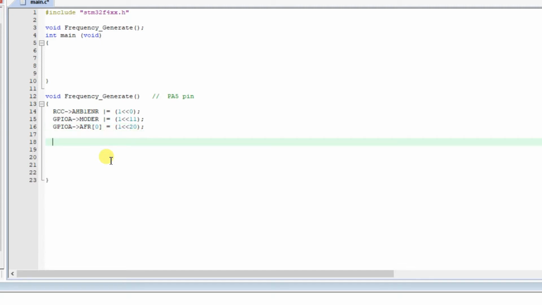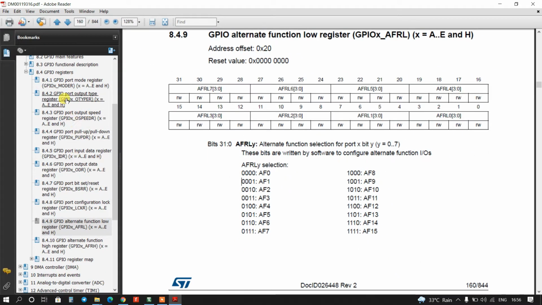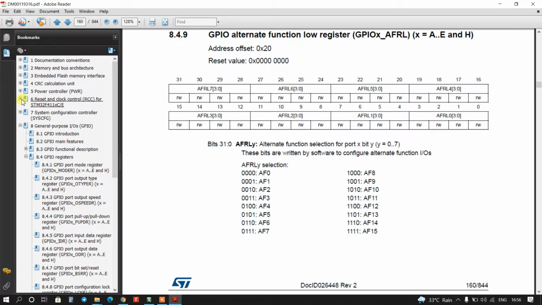Now we will enable the clock source for timer 2. So RCC, timer 2 is connected on the APB1 bus. So APB1ENR. Now we will go to the APB1ENR register. I think we have to go to RCC registers.